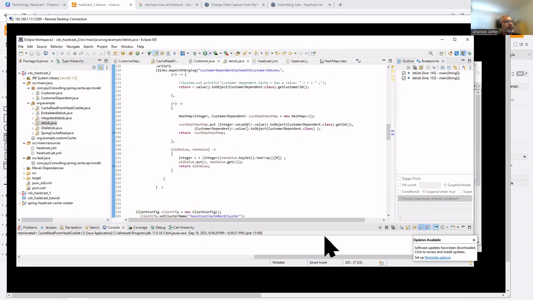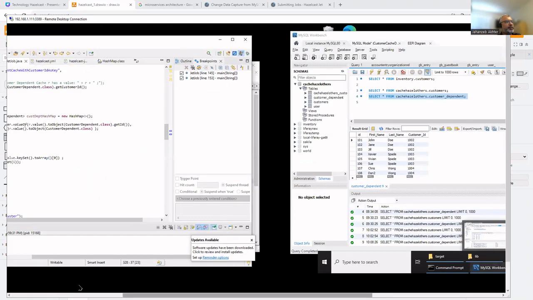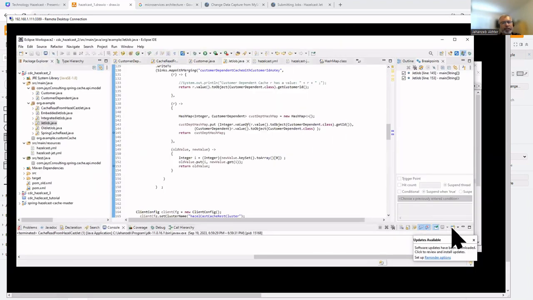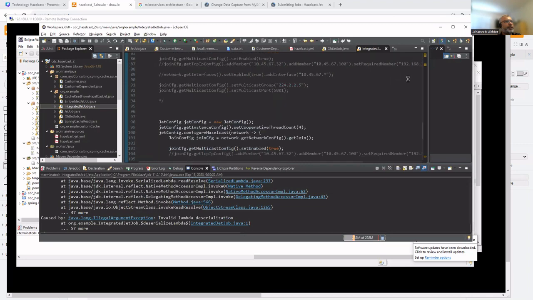Make sure you do not have another Hazelcast instance running. I don't have any other Hazelcast instance running here, and I check my local computer as well, and I don't have any Hazelcast instance running over there. I'll also run the same program in this one, and you will see both of them start listening to the same data, because they both are going against the same